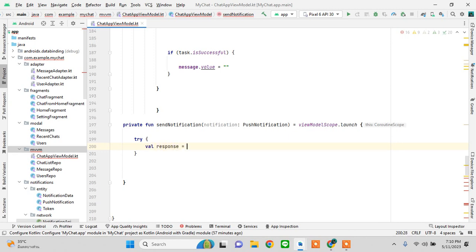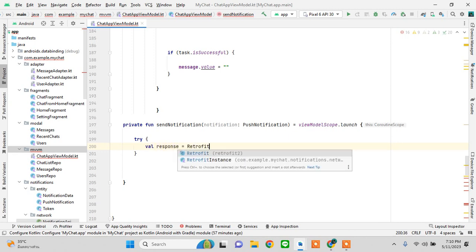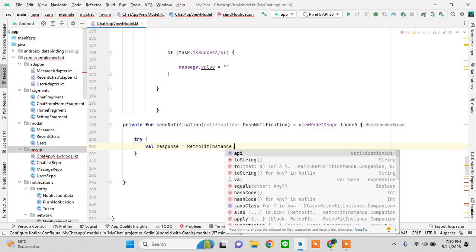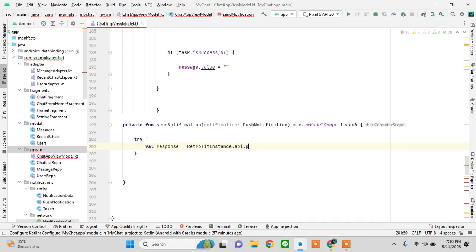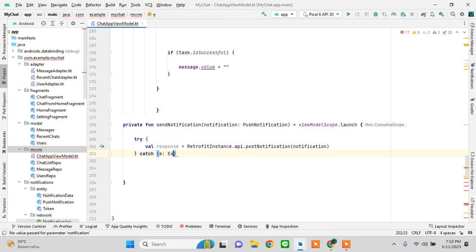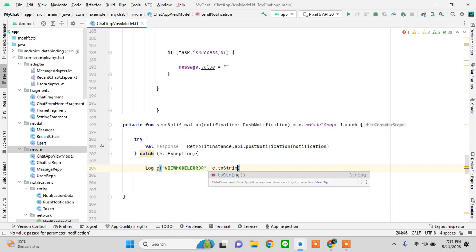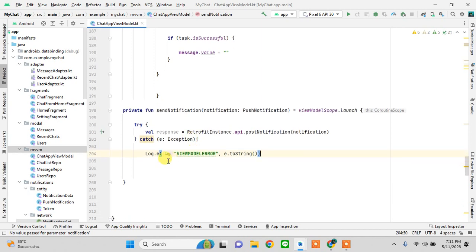Val response, retrofit instance, API post notification, will pass notification in this. Catch exception, view model error, e to string. Okay, so